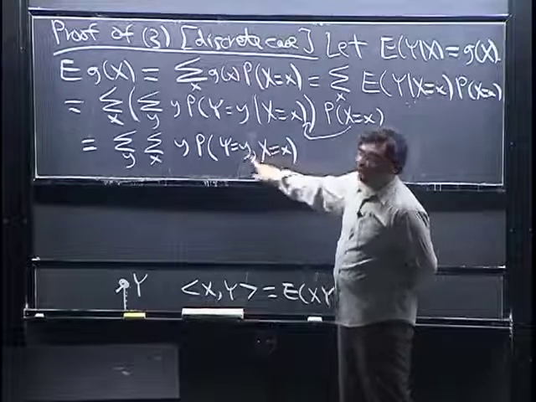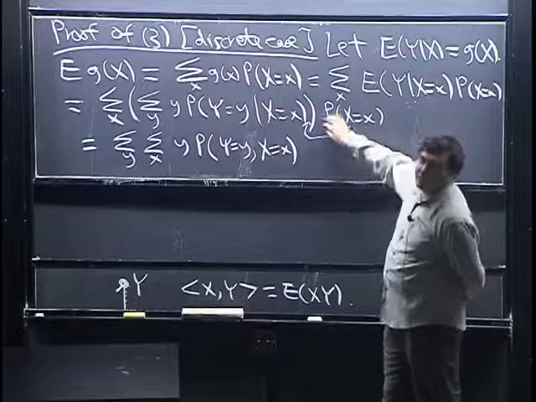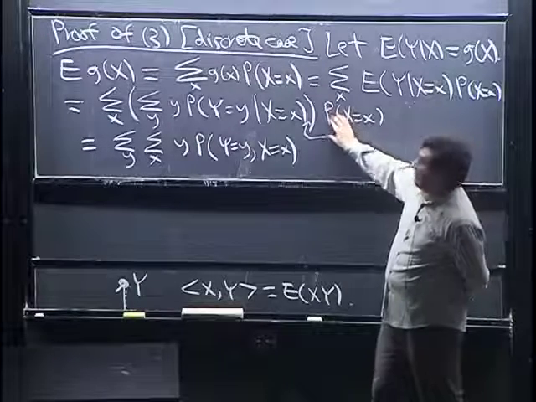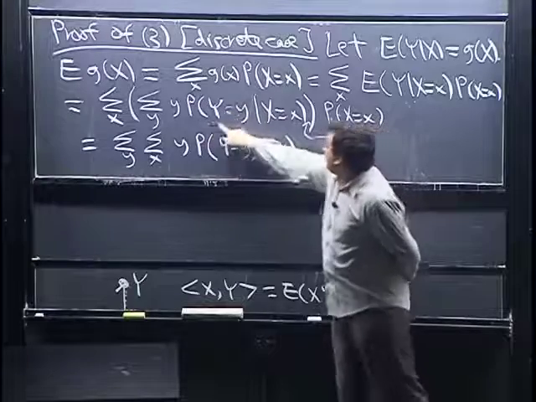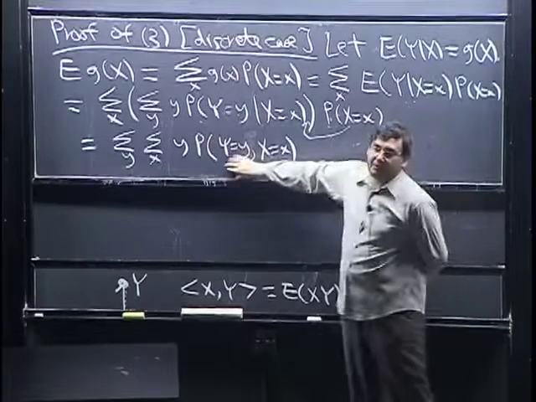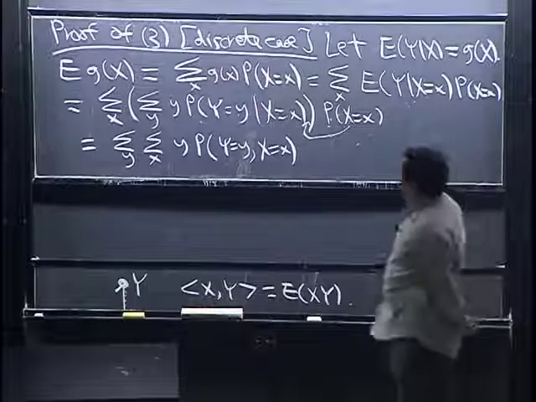But remember, the joint PMF is the conditional PMF times the marginal PMF. That's the marginal PMF of x, and that's the conditional PMF of y given x. So if you multiply this thing times this thing, that's just the joint PMF. So we may as well write it that way. Okay, so